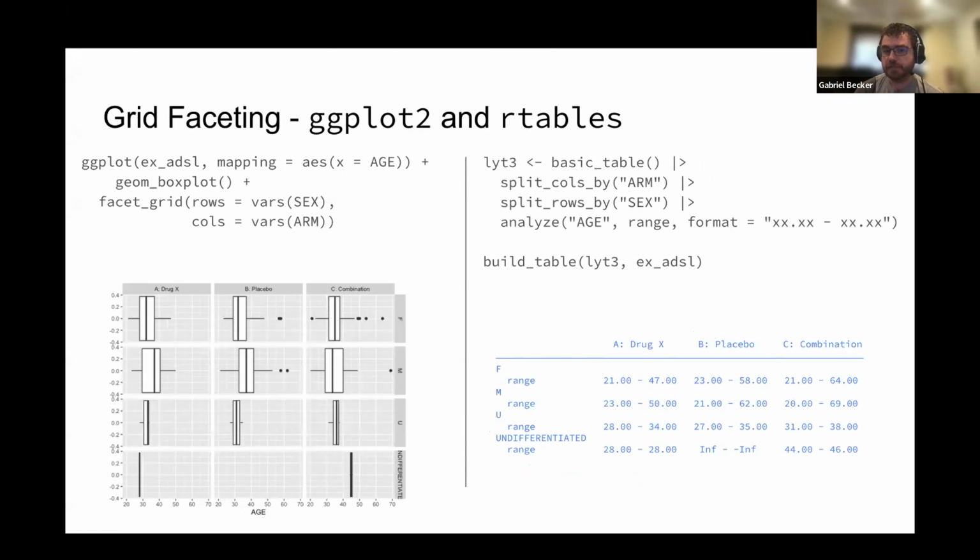We have rows and columns faceting, which defines a grid. And again, we have exactly the same thing in rtables. This is not anything new or scary. It's exactly what you've already been doing with ggplot, right? Just think of it as a ggplot where the geoms are rendering text, and you're 90% of the way there. Now there are some things that you can do in rtables that aren't easy to do in ggplot that we'll talk about later. But that's the core idea here, and that, to answer the question that was in the